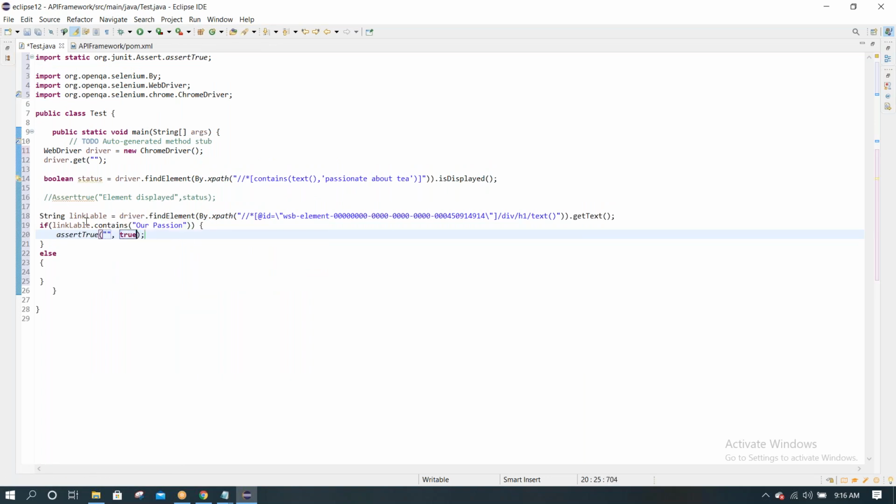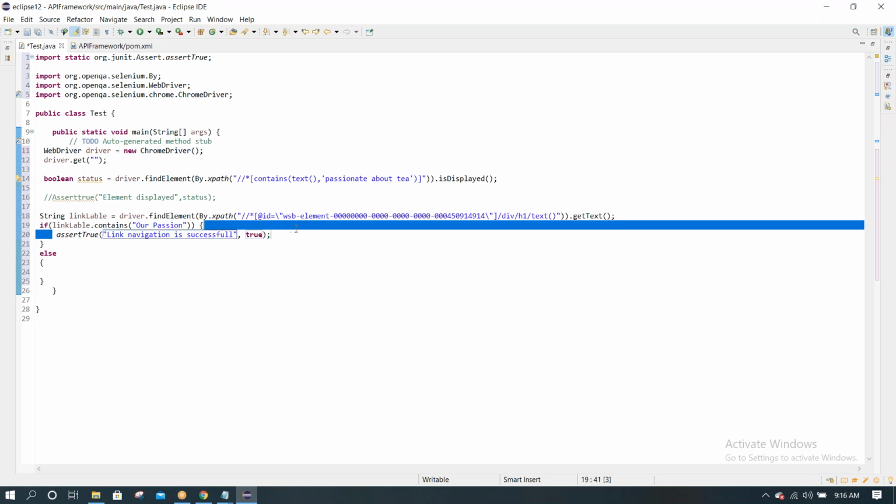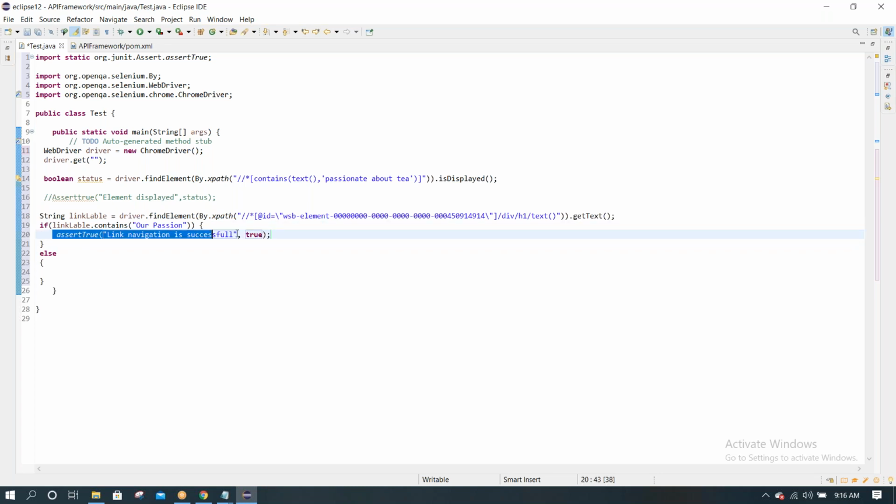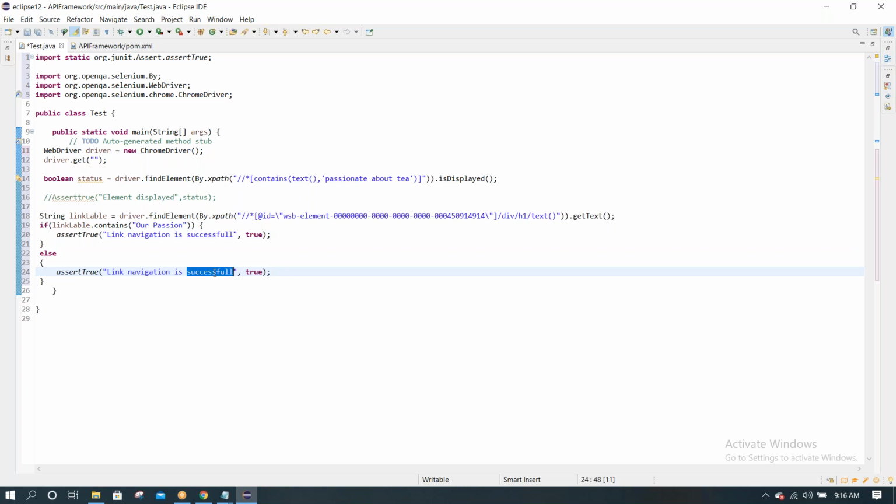If the link contains the name, then link navigation is successful. Same, copy, paste in the else condition. Link navigation is failed. Here add false. So true not equals false, then it will report a fail.